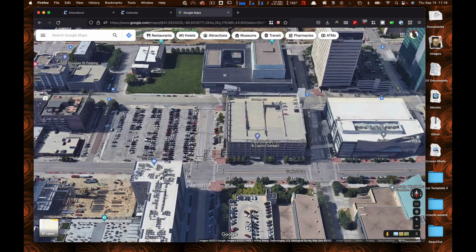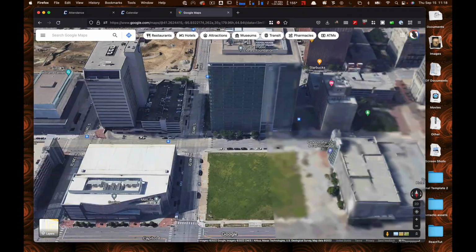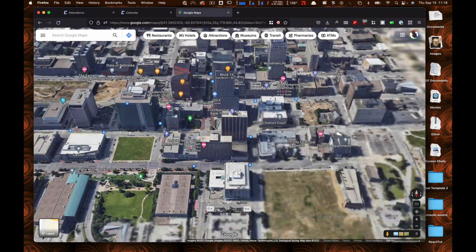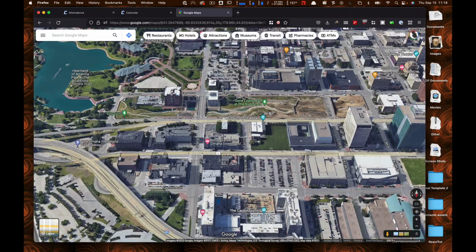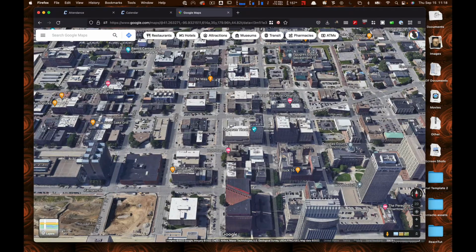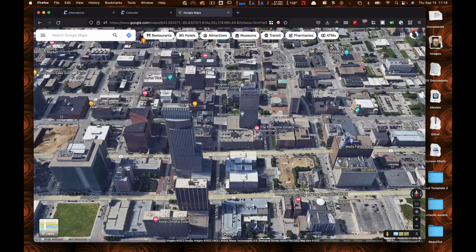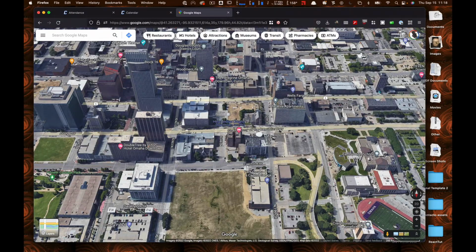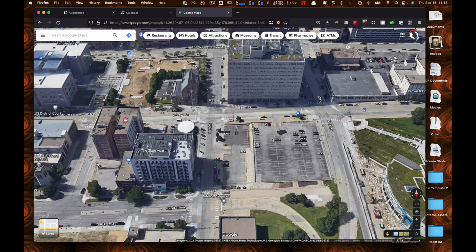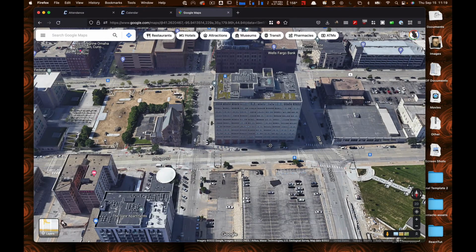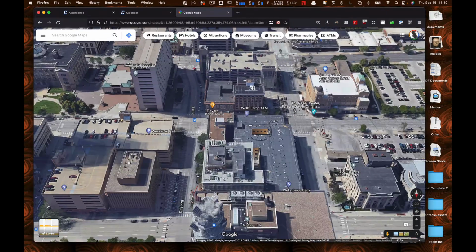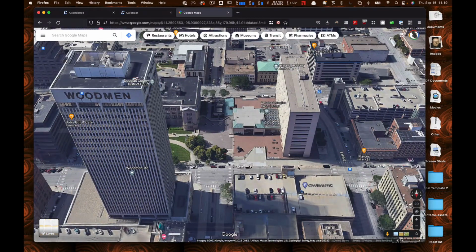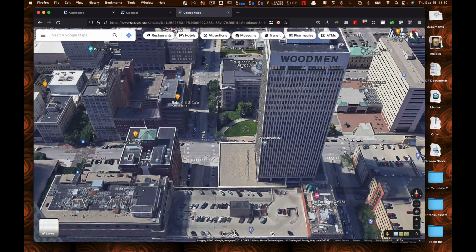Hold on. Where is it? Sorry, I'm trying to remember which building it is. This one? Wire apartment? No. There is a building down here that has like a brick side.